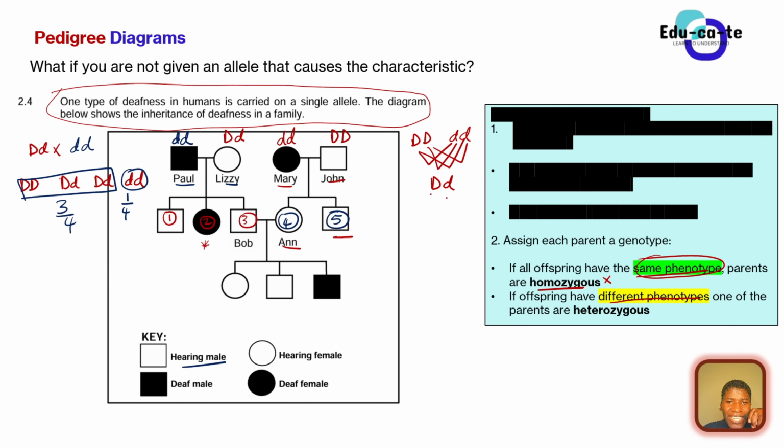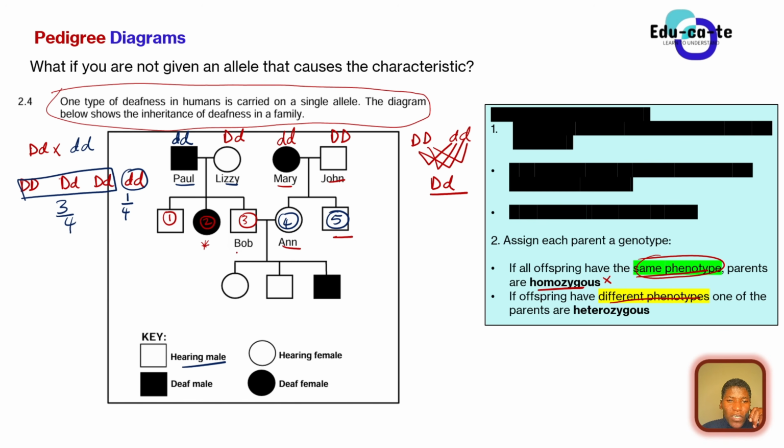Anne is normal because in a heterozygous condition, the dominant allele is the one that shows in the phenotype. All right, so Anne and her brother are both normal. They have the same phenotype. So the parents are homozygous, but the parents are different. So it means they are homozygous for two different characteristics. One is homozygous recessive, another one is homozygous dominant, and complete dominance will occur here. Please watch my other videos that explain complete dominance and recessive better.